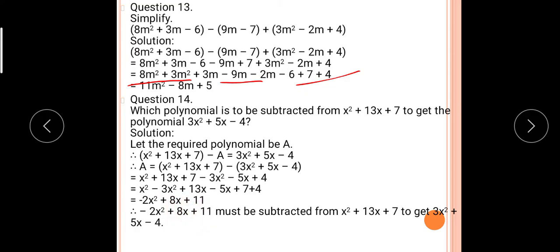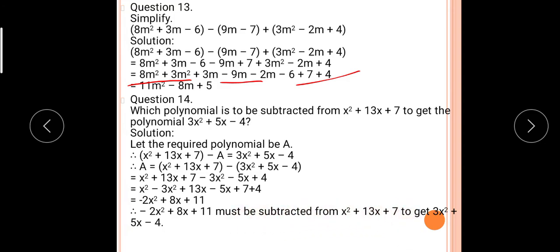Simple way. Don't be confused. Just consider one of the polynomials which is subtracted from the given, and you will get the answer. Means according to the given conditions, try to write the equation. If you write the equation correctly, then you will not be confused. Okay, students? Don't do that directly. Sometimes what happens, instead of addition you are doing subtraction, and instead of subtraction you are doing addition. It will become hard. So instead, use the method: consider one variable for the polynomial and go according to the given condition. Definitely you will get the answer correct.